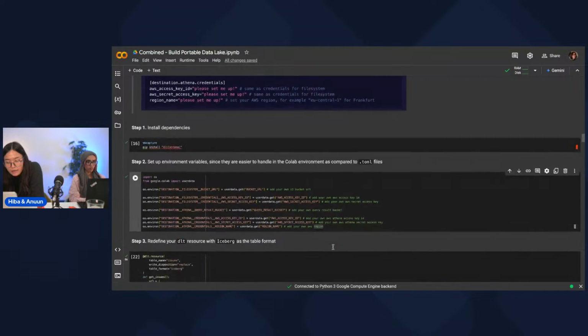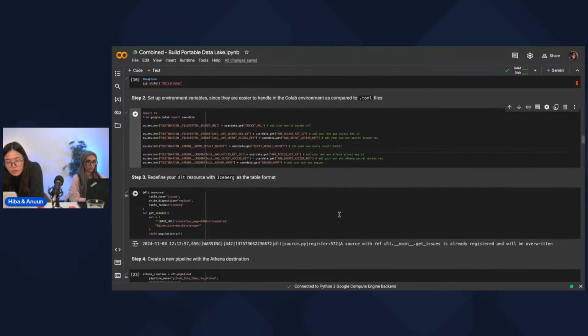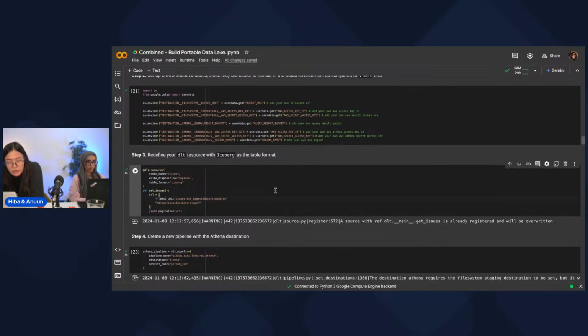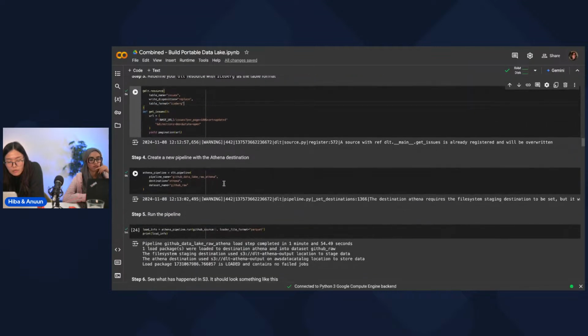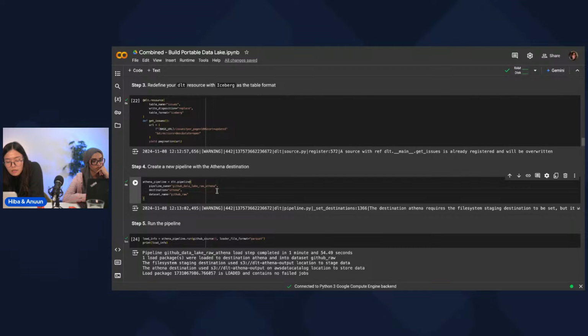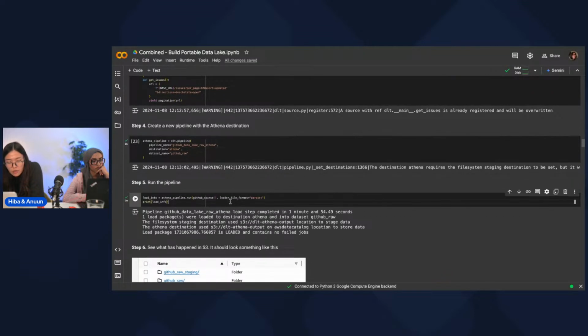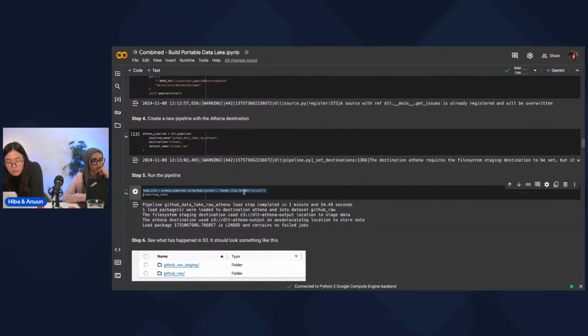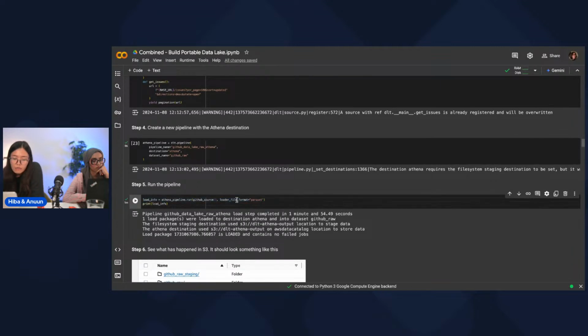So we define credentials, then we redefine the DLT resource. Note that this is exactly the same get issues resource we used earlier, and we just changed the table format from Delta to Iceberg. And then we create a separate pipeline for the Athena destination and run it with the loader file format Parquet. Note that Parquet is used as the default loader file format, but for the sake of clarity, we're defining it